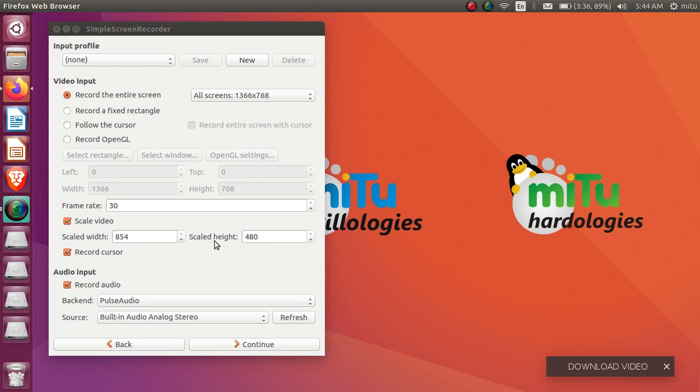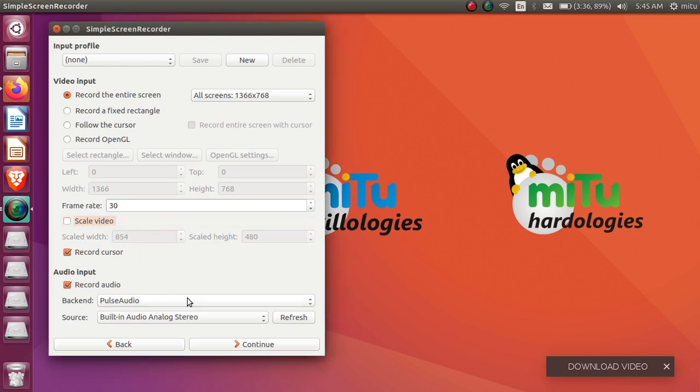If you choose that, we can set the width and height for scaling. After the width and height are chosen, you can scale down or scale up your video, so that while uploading, YouTube can identify the highest option available to watch this particular video. That's the meaning of scale video.